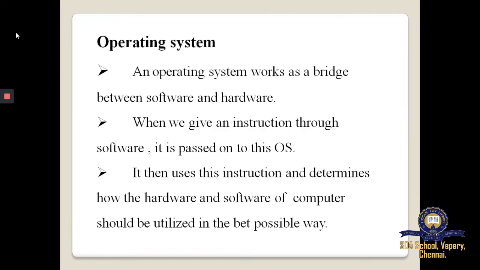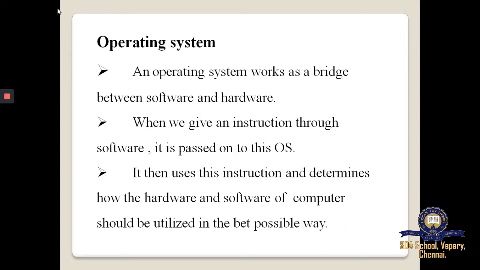First, we recall the topic operating system. An operating system works as a bridge between software and hardware. When we give an instruction through software, it is passed on to the operating system.